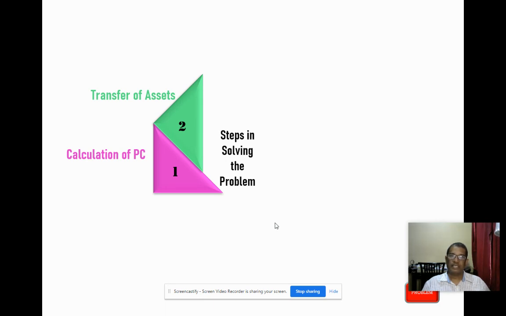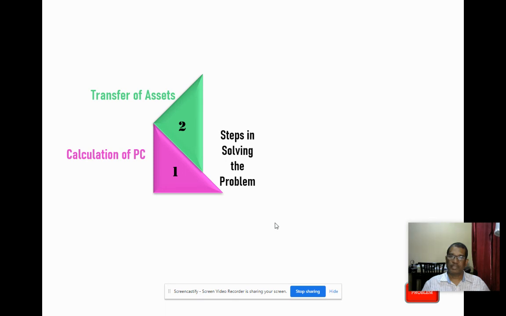In case there is any loss, such as the profit and loss account or the advertisement suspense account or any other type of accumulated loss, the loss is transferred to the debit side of equity shareholders account, because debit all expenses and losses. So this will be our second step.